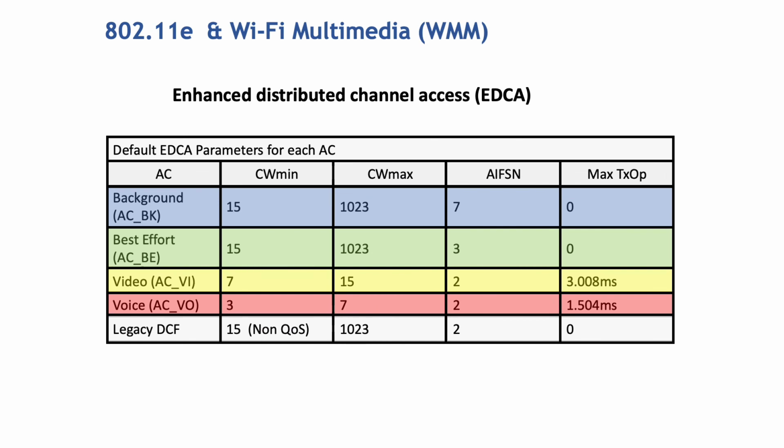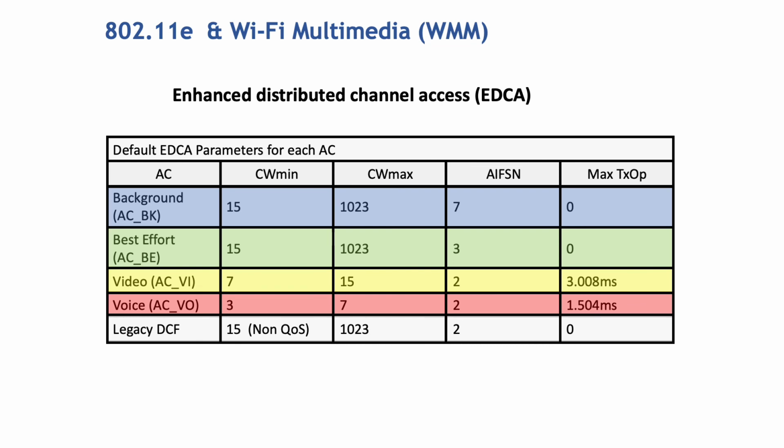When we implement quality of service using 802.11e or Wi-Fi multimedia, we don't simply call it distributed channel access anymore, we call it enhanced distributed channel access, or EDCA for short. And here you can see some typical examples of how the contention windows are set for the different types of traffic. So you can see, for example, with voice, the contention window minimum value would be 3, the maximum value would be 7. The AIFSN, or the arbitrated interframe space number, would be set to 2, and the maximum